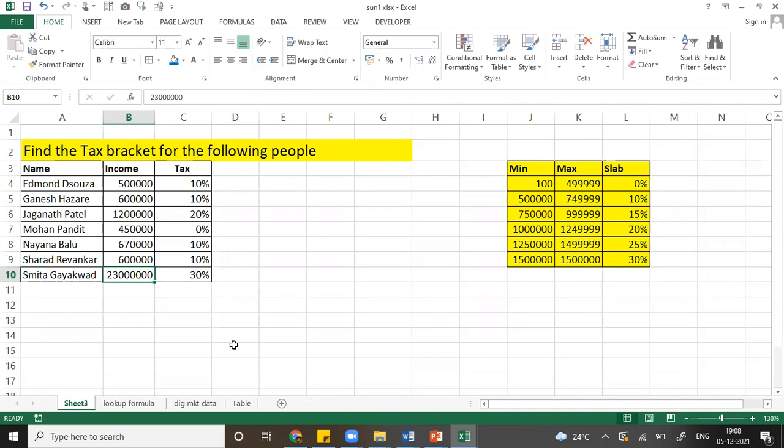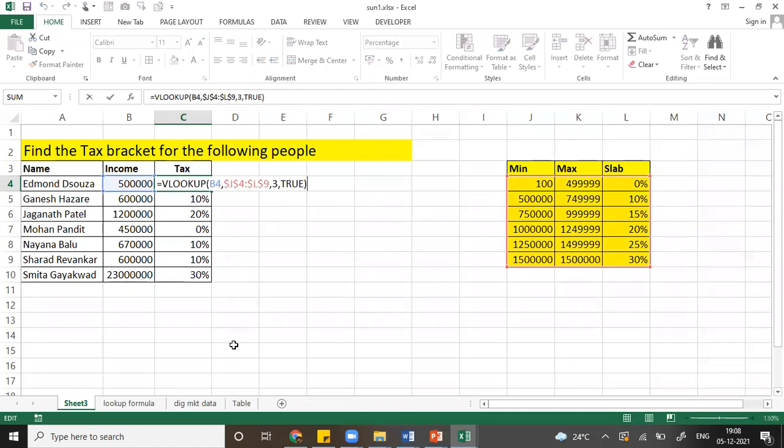So this is the beauty of VLOOKUP. Look at it once again; I'll show you how it works. Just highlight that so that you can see it very clearly. I referred to the B4 value, that is 5 lakhs, from the reference table. I have a standard table out there with minimum, maximum, and slab.